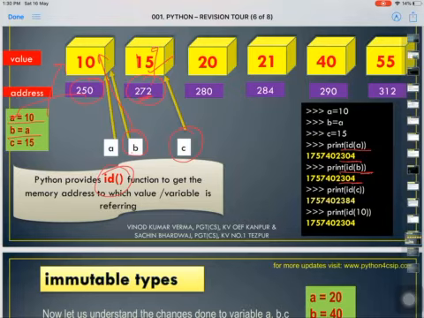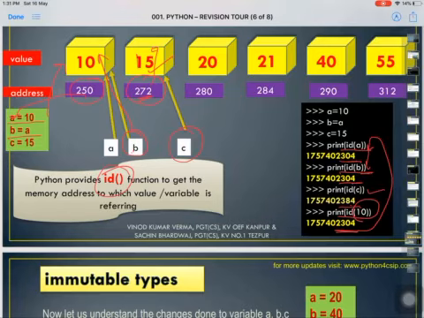Now if I see the id of C, it is 2384, that means C, since it was pointing to a different value, has a different memory location. Now if I say print id of 10, and 10 is being referred by A and B, you see this is 2304, which is the same id being held by A and B.